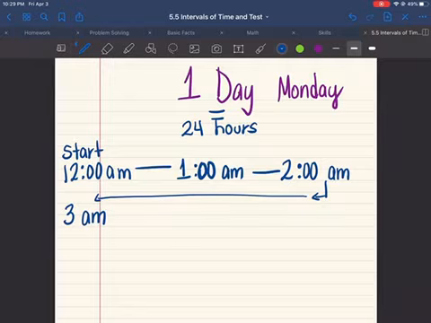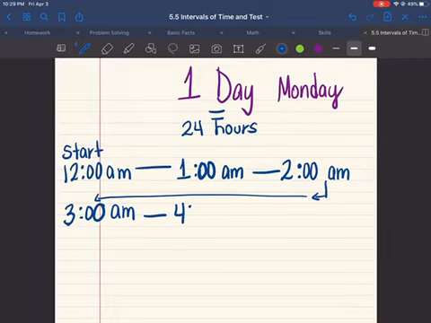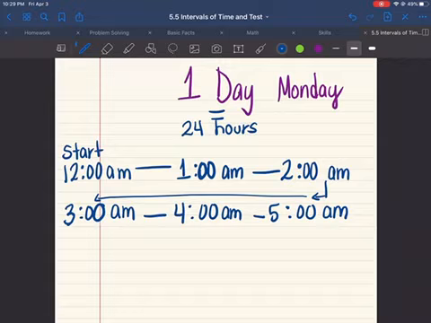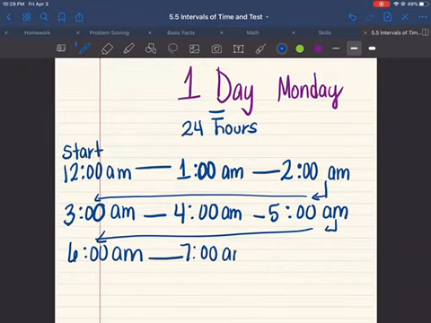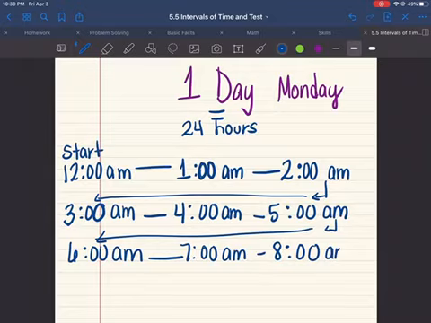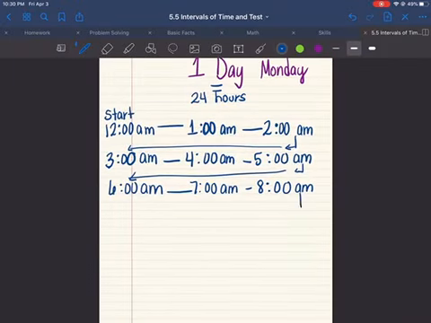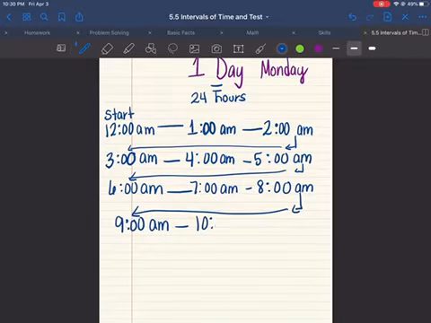So it's going to be 3 a.m. Sorry, let me put a clock. 3 o'clock a.m. And then we have 4 o'clock a.m., 5 o'clock a.m., 6 o'clock a.m., 7 o'clock a.m., 8 o'clock a.m., 9 o'clock a.m., 10 o'clock a.m., 11 o'clock a.m.,